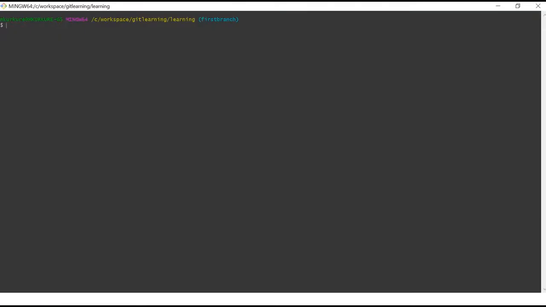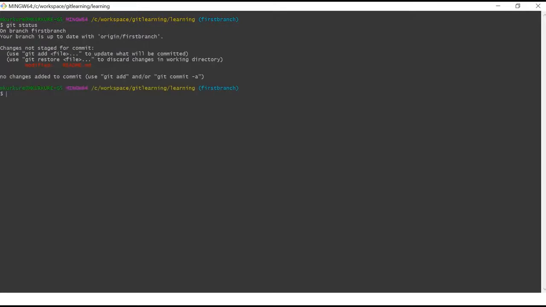Now we want to commit these changes. So how can we do that? To commit these changes, first of all we need to see if there are any changes on the local repository or not. So we need to use the command git status. This command will show us if there is any file which is modified. Okay, so we can see the modified file is readme.md. Git also gives you instructions on what you can do next.